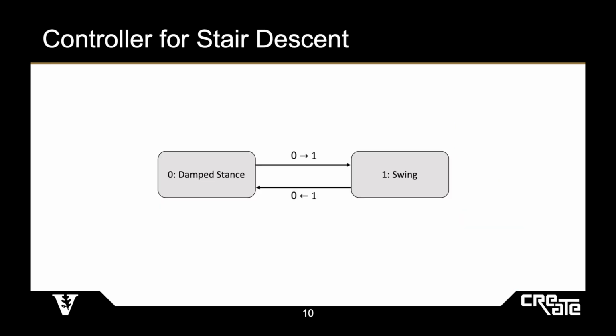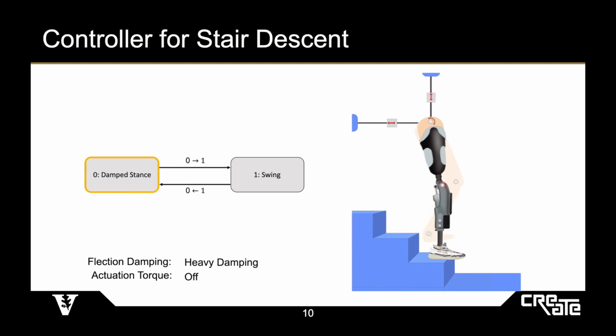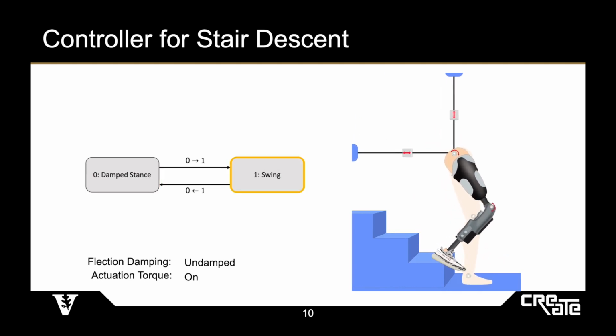The finite state machine used for going downstairs had two states. The first was a damp stance, during which the active power addition was disabled and the hydraulic damping valve was set to a moderate to high damping in the flexion direction. Once the user unloaded the leg, assuming the gating conditions of knee flexion had been met, the controller would transition to the swing state. Here, the hydraulic valve was initially opened and the actuator was set to control to a